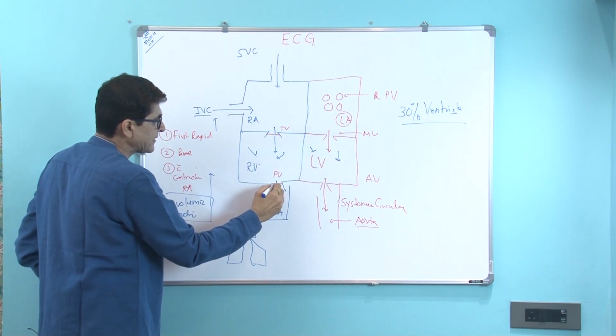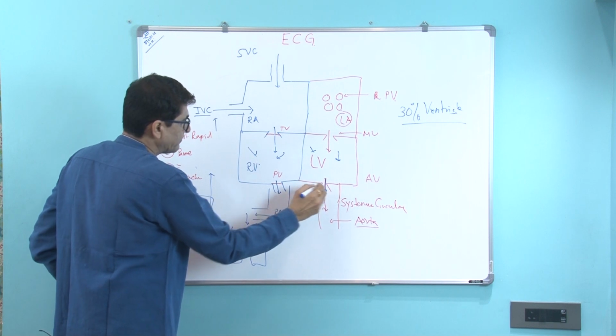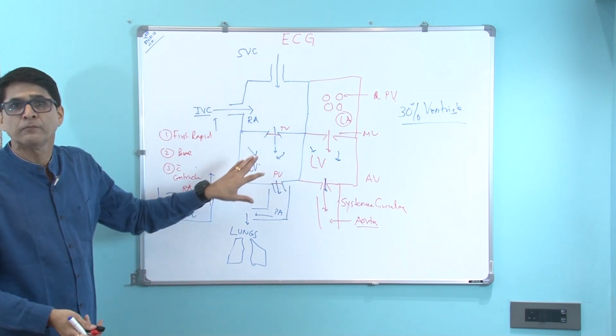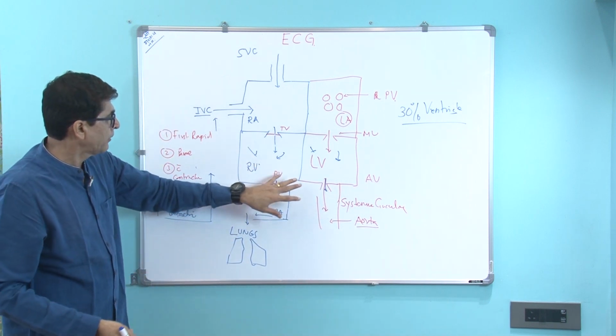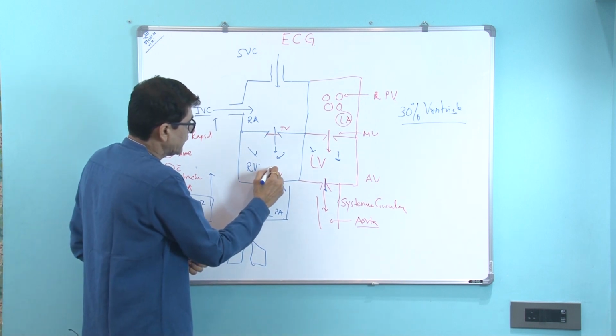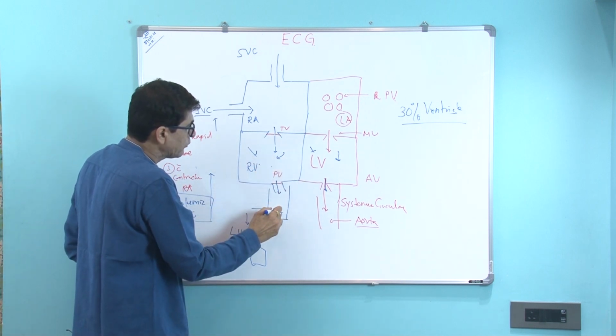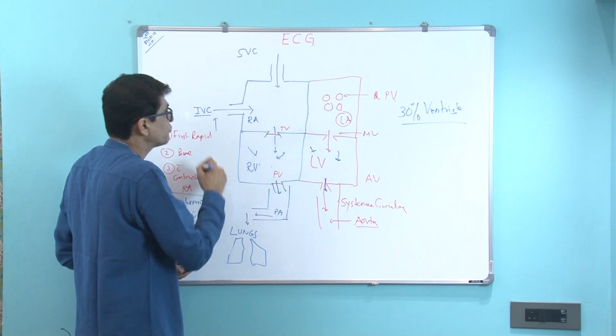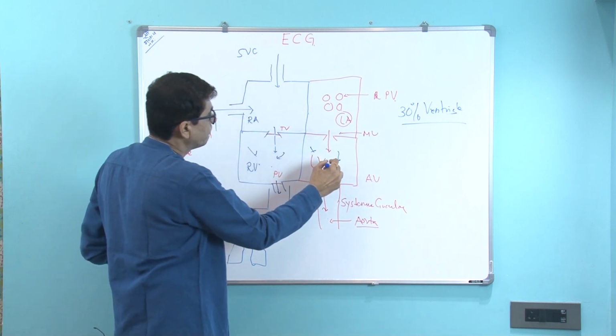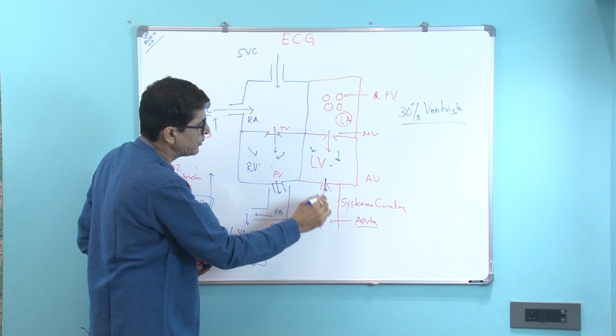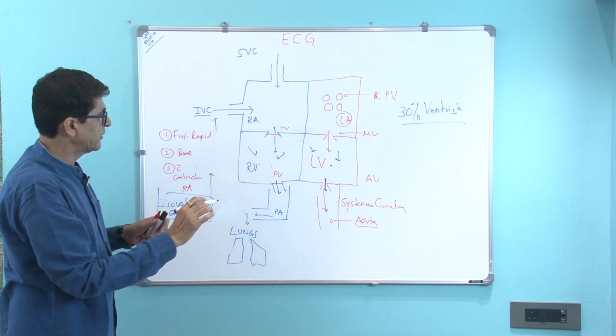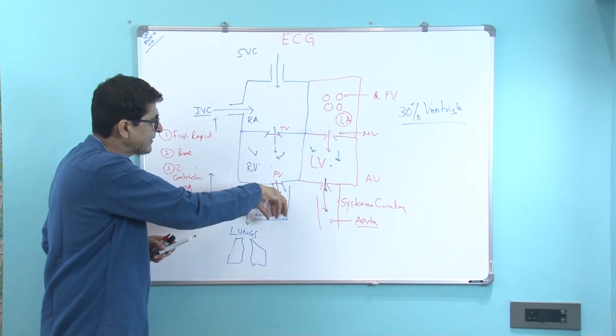As pressure increases, both the valves will open, and blood from the right ventricle will go into the pulmonary artery and subsequently to the lungs, and blood from the left ventricle will go into the aorta for the systemic circulation. As blood is ejected,